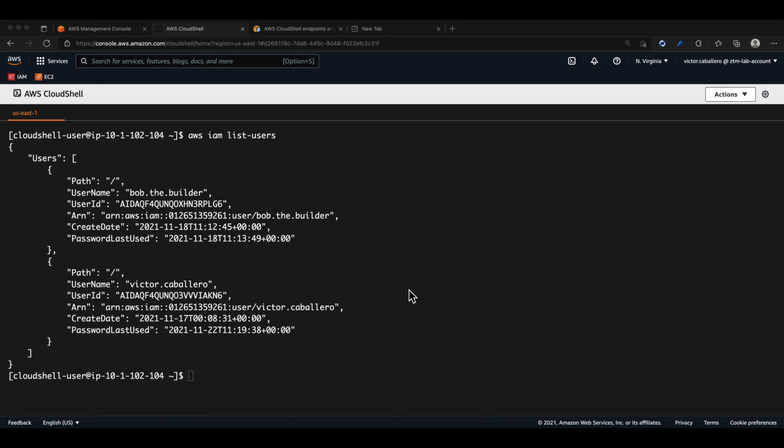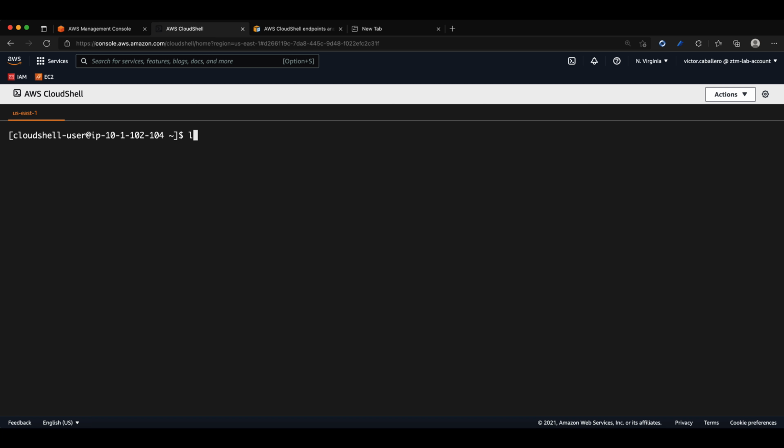Remember that I said it comes with 1 gigabyte of storage that we can use. If we run the ls command, it will show us what is currently stored in our shell. As you can see, I have nothing currently in here, but let's change that. Let's run echo "this is an example" > firstfile.txt. Before we hit run, let me explain that this will put everything in between the quotation marks inside a file that it will create called